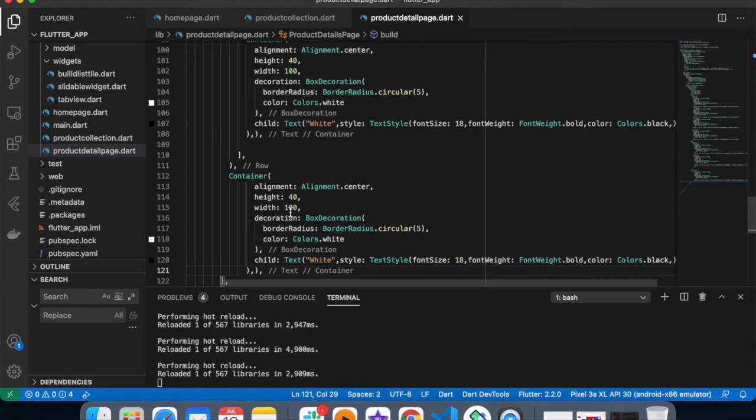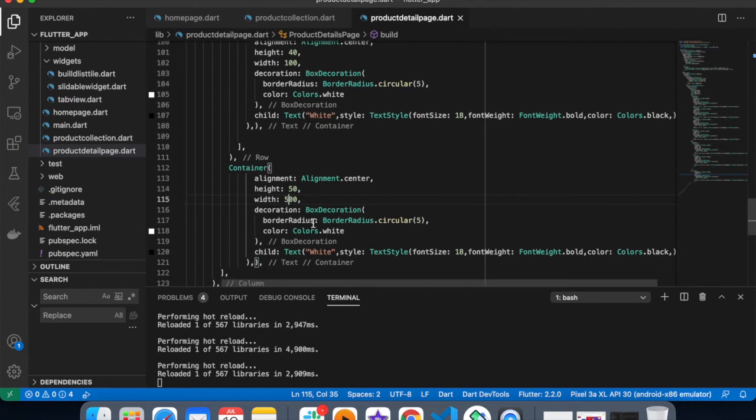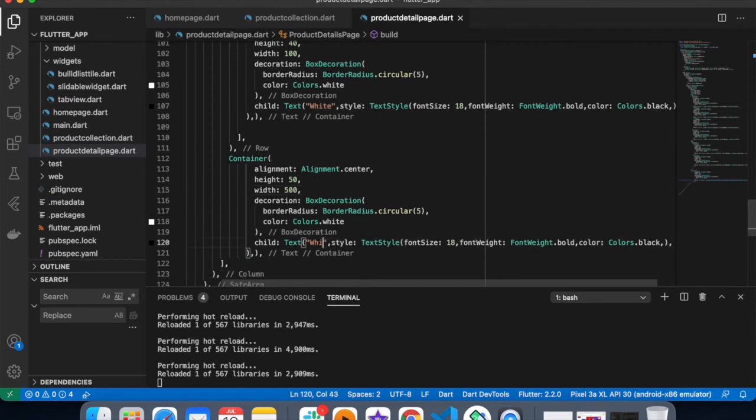Currently I want things to be just below the color choice. I want my add button, so height will be 50 and width approx 500. Colors will be black and the text will be white.